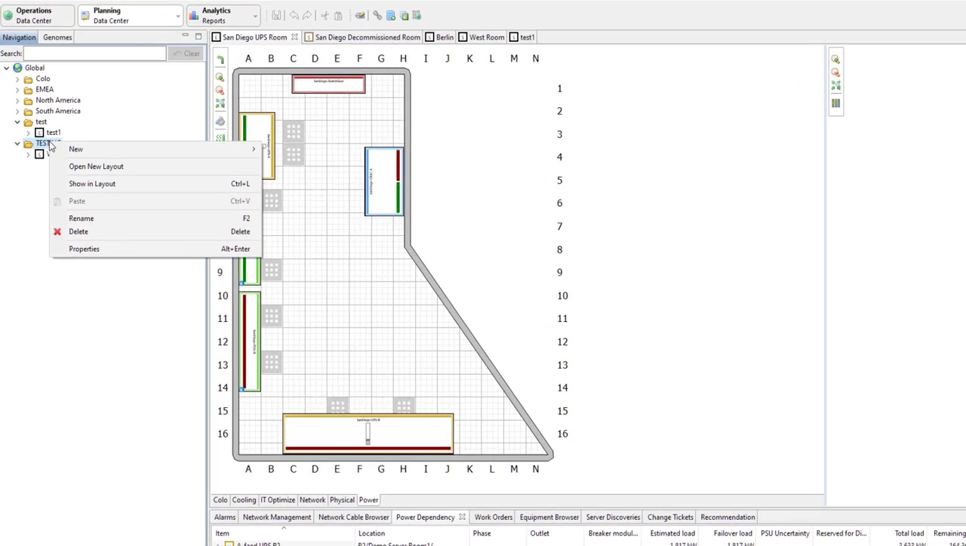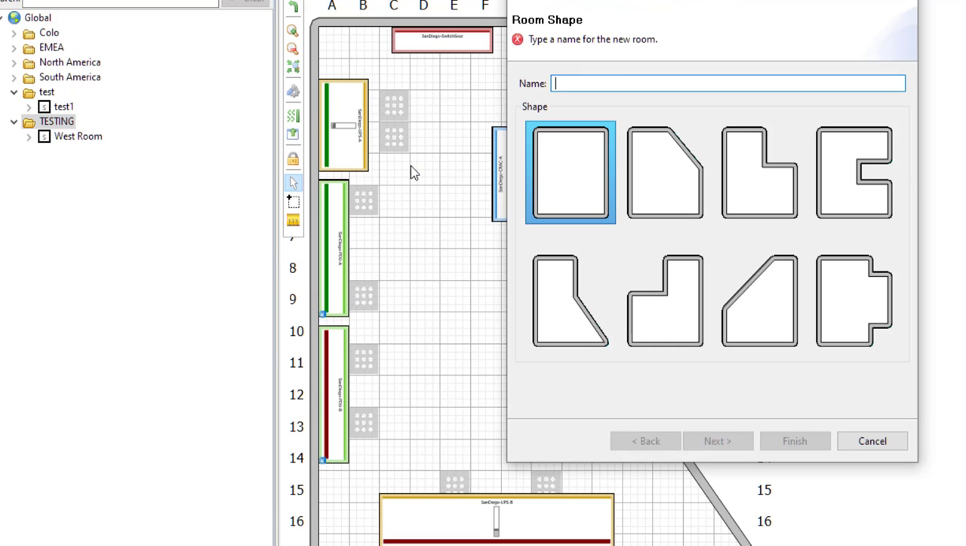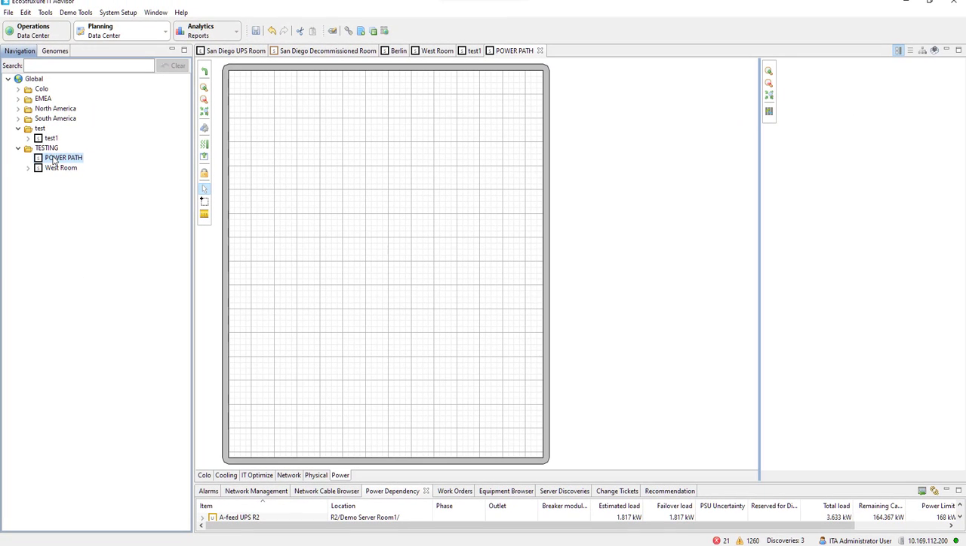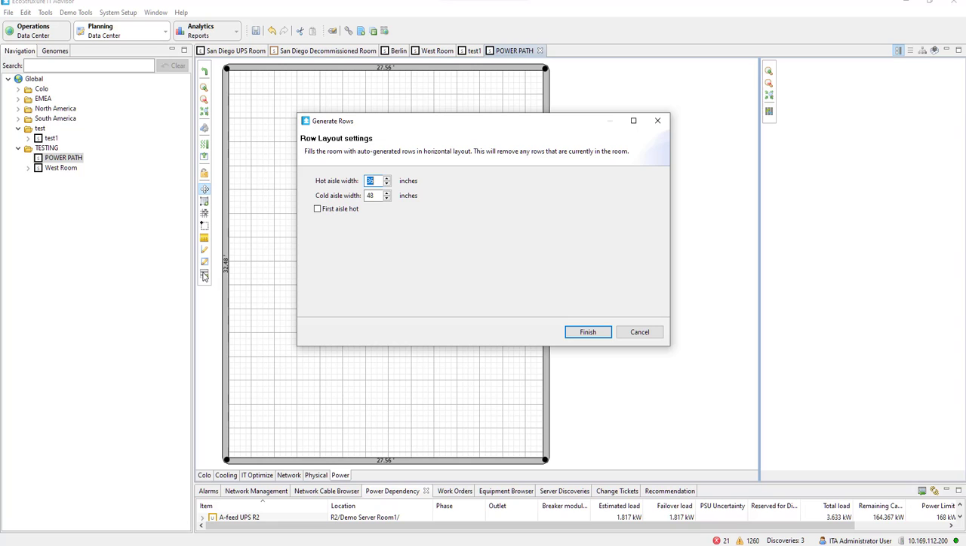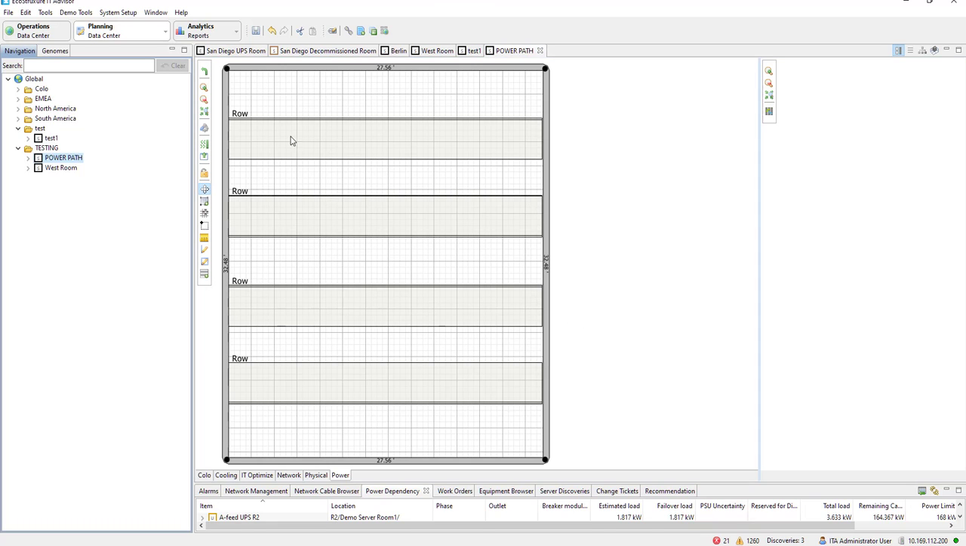Hello guys, in this short video I'm going to create a new room, and we are going to set up this room with power paths specified. And the reason we create power paths inside the room is for power dependencies. So when you're adding equipment into racks, the system recognizes the information downstream and upstream of that rack from power